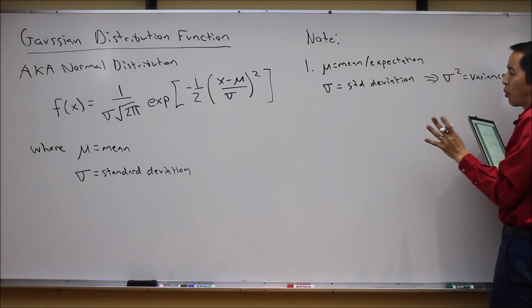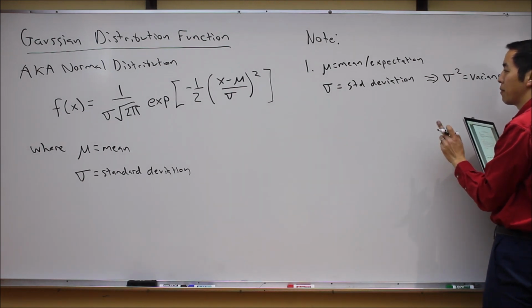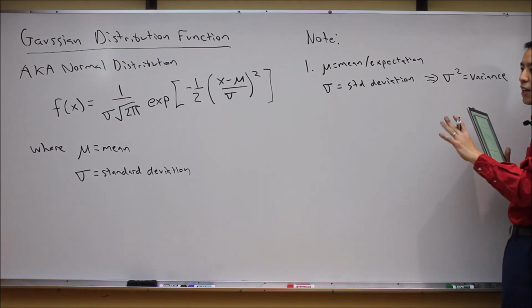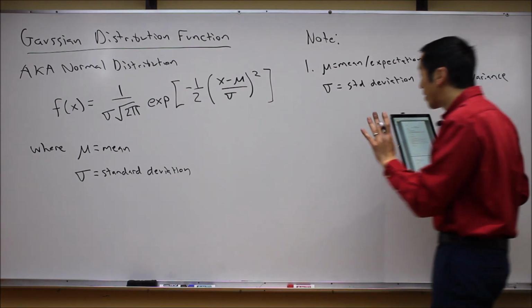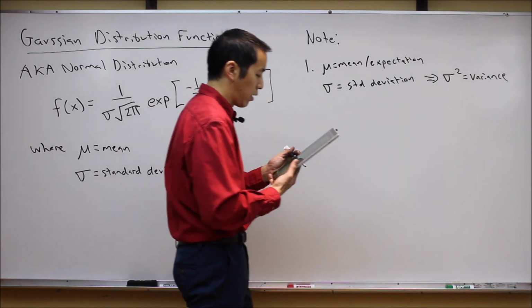So I wanted to point this out because I guarantee you this is one place where it's super easy to get mixed up. Are you talking about standard deviation or are you talking about variance? The relationship is very simple, but again, I just want to call it out specifically here because different authors will use different notations. So let's just be aware of that. Okay,